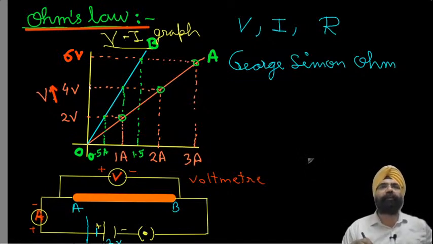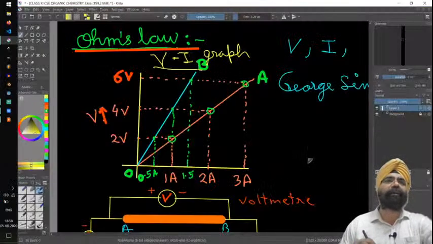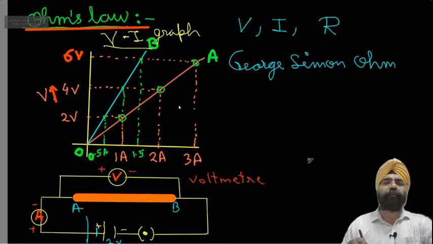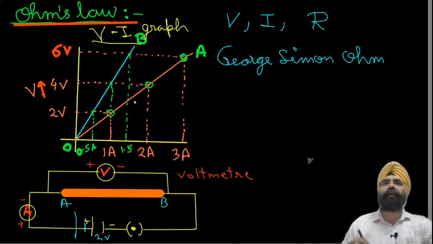सिमिलरली जब उन्होंने 2 सेल्स लगा दिए, 4 वोल्ट हो गया, तो अब हमारा करंट 2 एम्पियर आ रहा था। ओके, और जब 3 सेल्स लगा दिए, यानी कि जब पोटेंशियल डिफरेंस 6 वोल्ट्स हो गया, तो आप देख रहे हो कि करंट 3 एम्पियर्स हो गया।